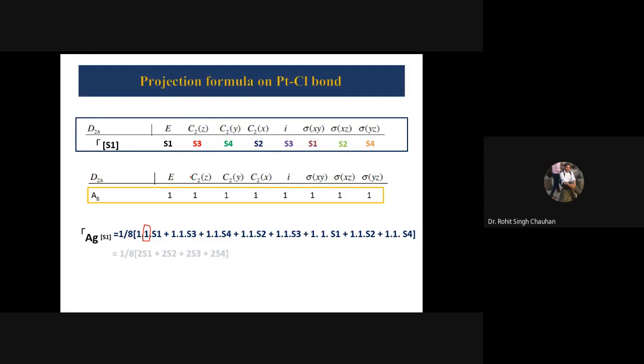Now see, now you will solve it. So what would happen? 2S1, 2S2, 2S3, 2S4. Solve it, this is what will come. Now 2 you are going to take common, so 2 by 8, so that is 1 by 4. This is the projection formula. I told you if you are going to solve, what you are supposed to do? Very easy way. You can take the root of this one. 1 by root 4. That's it. So 1 by root 4, it is 1 by 2. This is the solved equation.